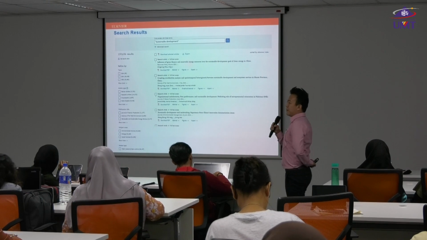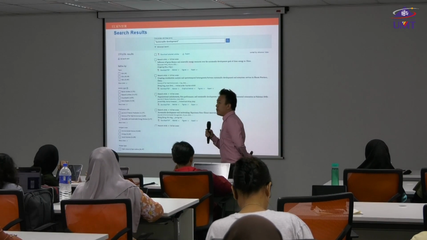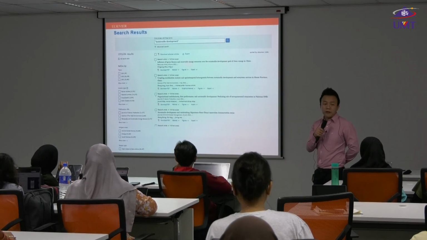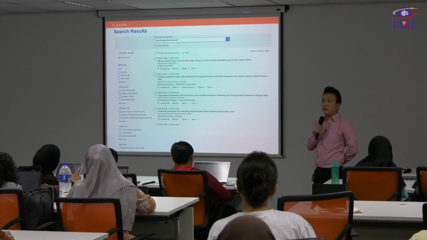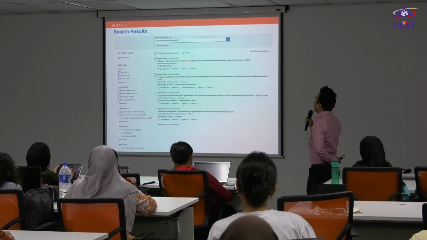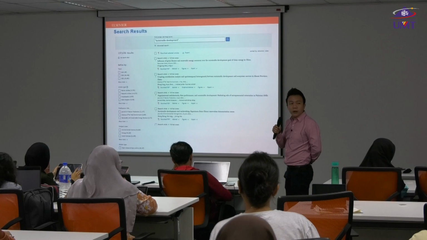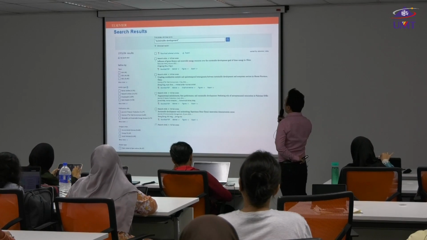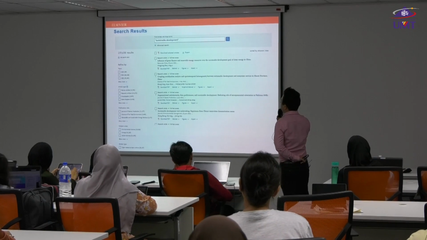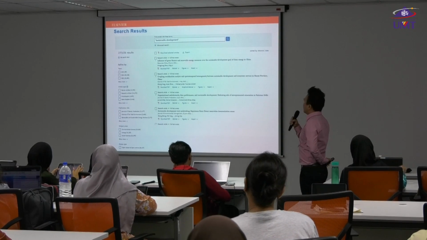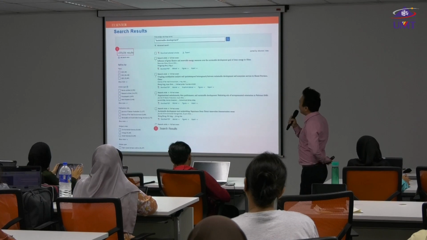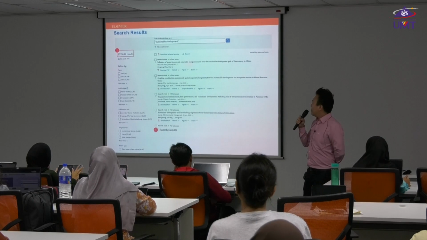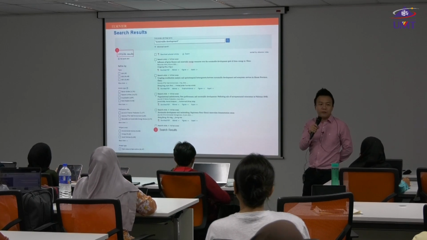If you have tablets or laptops with you, perhaps you can also start playing around with the ScienceDirect platform, or otherwise you can just refer to the screen in front of me. Any questions? Okay. So, for example, I want to search for sustainable development. Right? You can see under sustainable development, how many results are there? Close to 160,000.